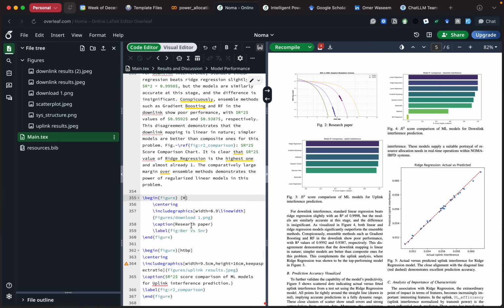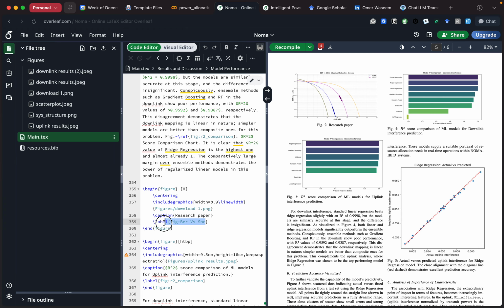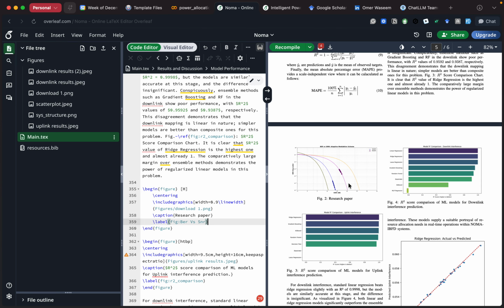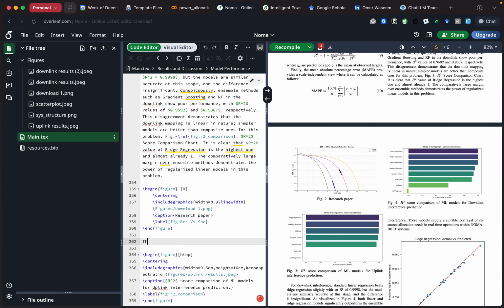Okay. There is another thing, why I write this label: when you cite a photo, you need to talk about it. You need to mention it in the text before the figure or after the figure, doesn't matter. So for example, I want to cite it here. You will write backslash ref, and you will go to what will be BER. Okay, this one. You will write here fig, like figures, then a space, fig. So it will be like figure 2, because this is 2, and it will know. I will show you later. Fig 2,